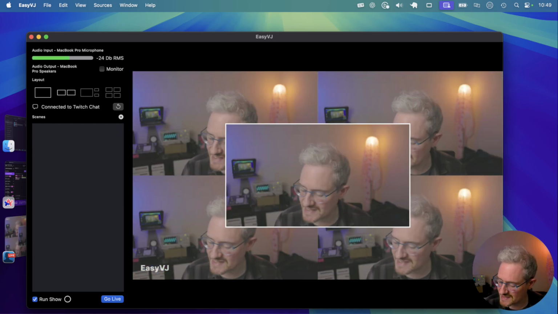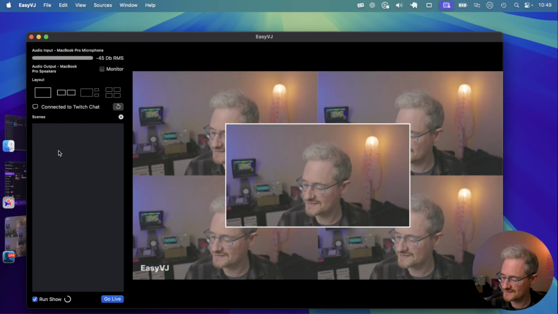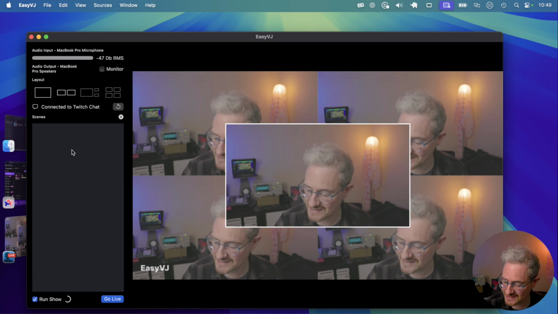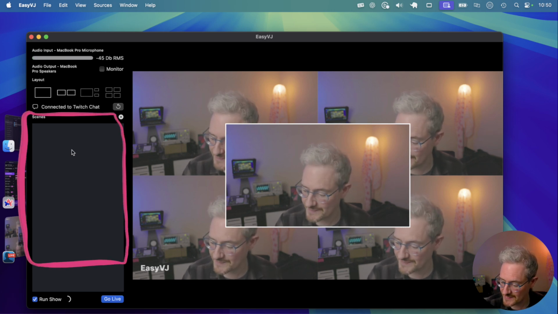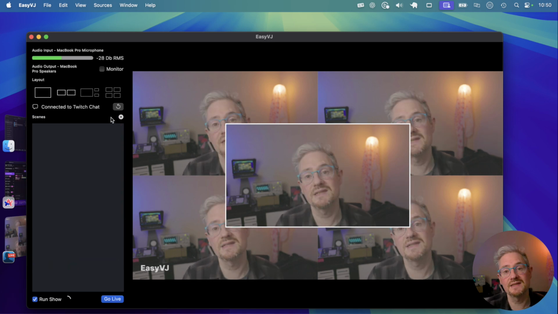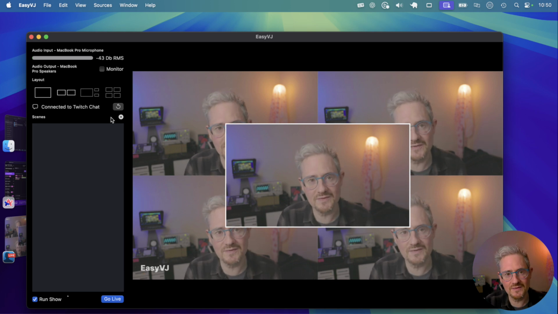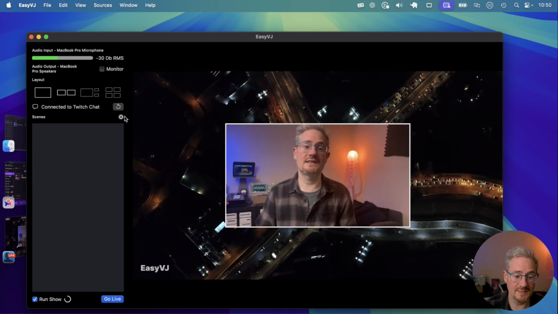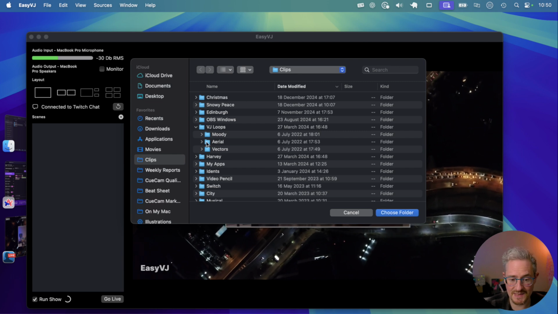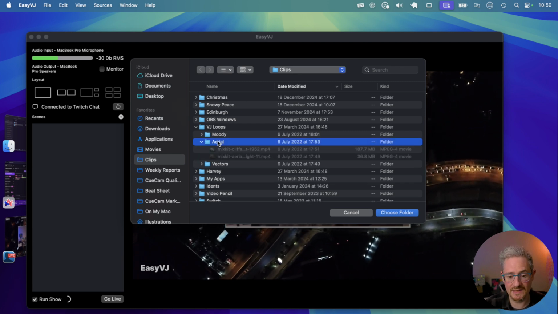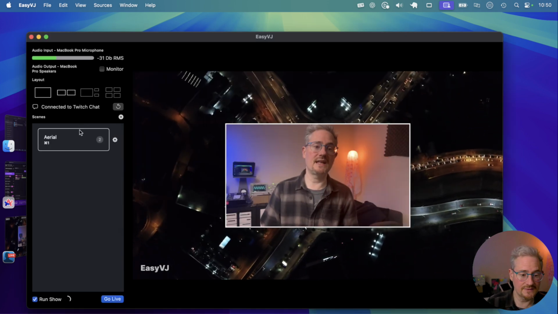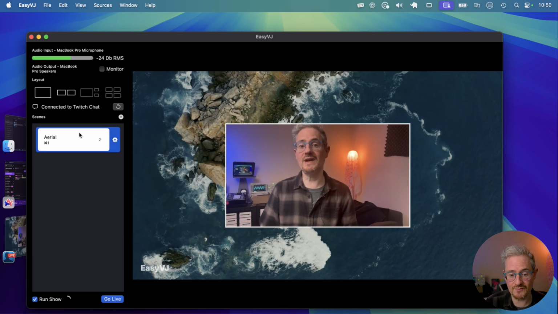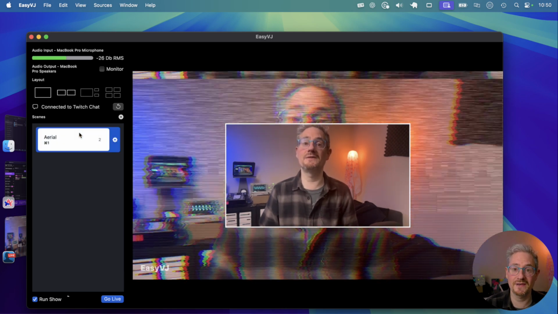Basically, down here on the left is your scenes list. That hasn't got anything in it at the moment. So how do you make a scene? You don't have to do anything but add a folder of videos, basically video loops. Here I've got my clips on my computer. If I add a folder of aerial photography, for that scene it's randomly selecting videos from that folder